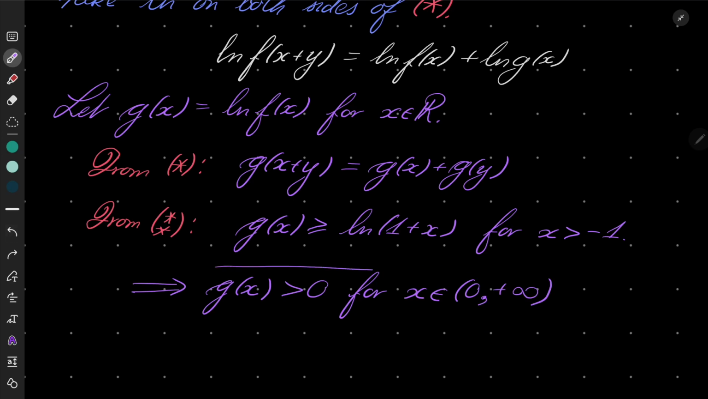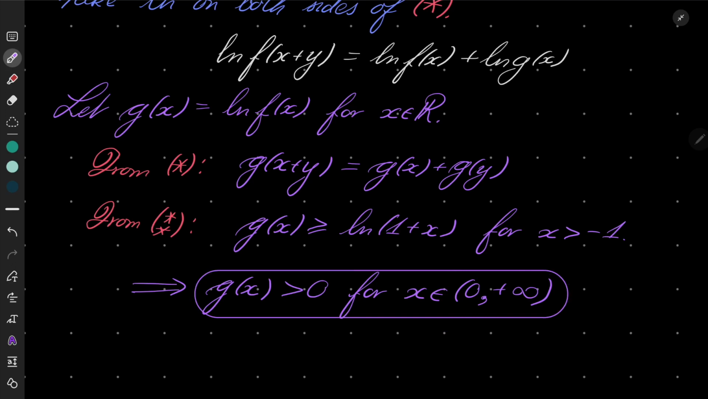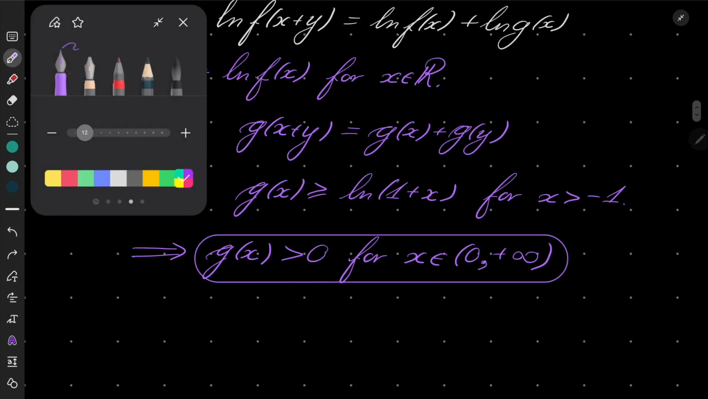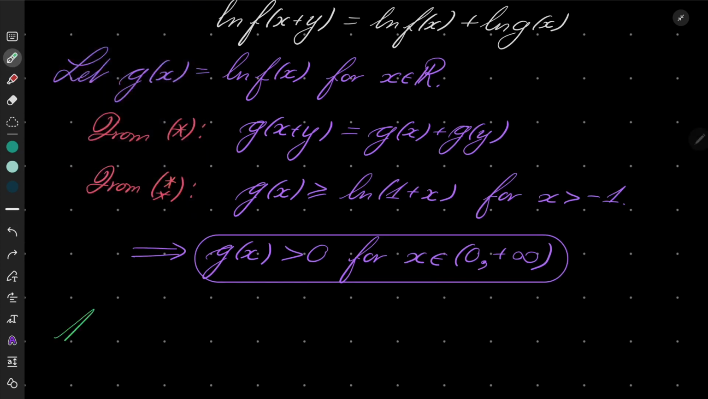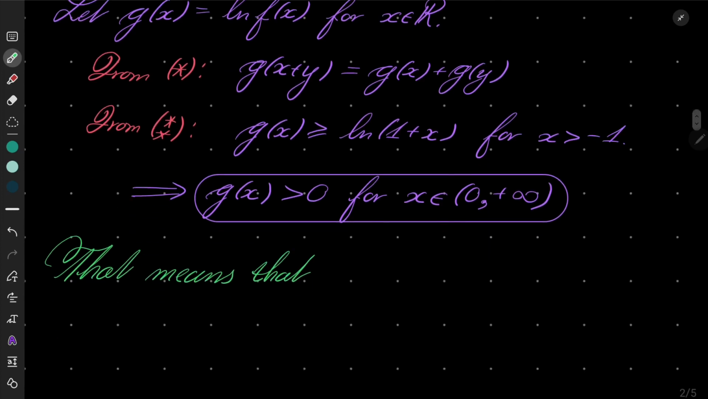Very important, very rather trivial, but very important. So in other words, our function g satisfies Cauchy functional equation, and moreover, it's bounded from below on this interval. And that suffices to state that g of x must be equal, let's say, c times x, or some